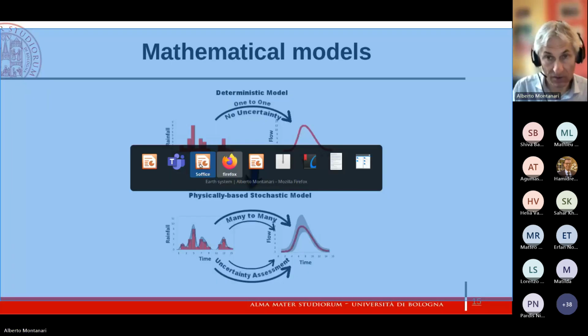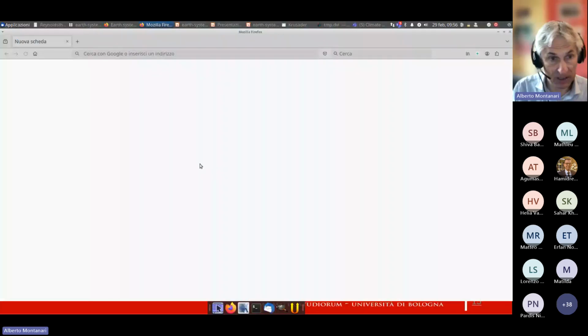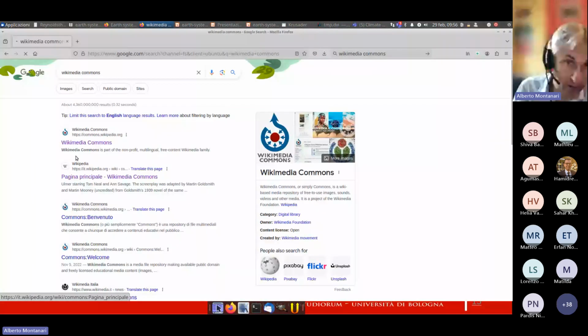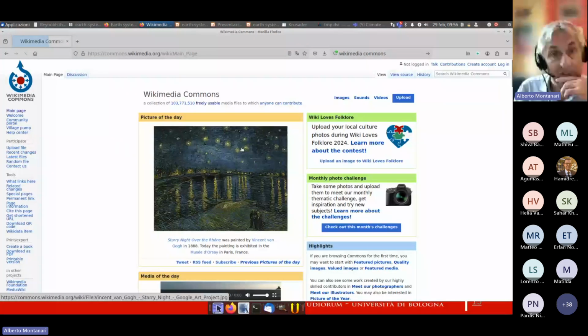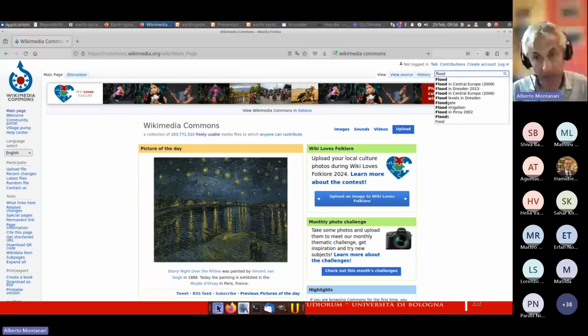Wikimedia Commons, what is Wikimedia Commons? So let's go to Google, Wikimedia Commons. Wikimedia Commons is a collection of pictures and videos which are public domain. I use Wikimedia Commons a lot for my lectures, my web pages, my lecture notes, because it is indeed comprehensive and useful. So if you type here, for instance, flood in the search box,